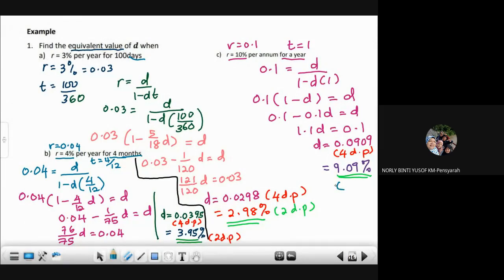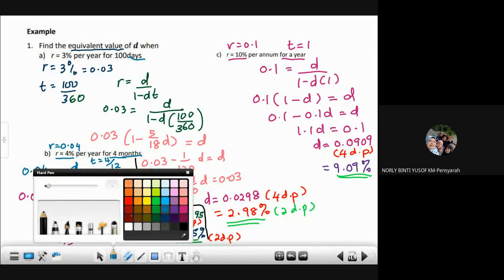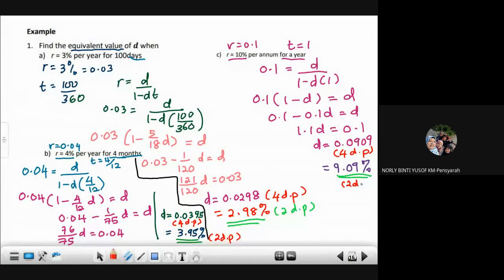Okay. Ini 2 decimal places. Yang merah tu menunjukkan panduan. So you dapatlah you punya nilai D, iaitu equivalent value D. Okay, tengok pada